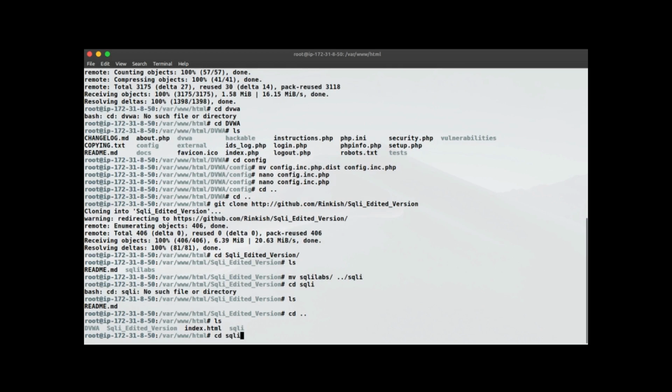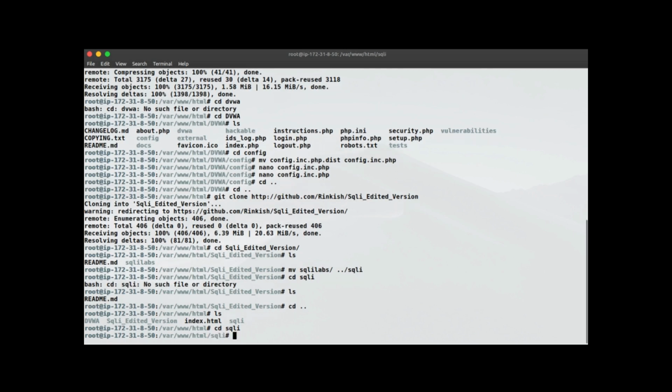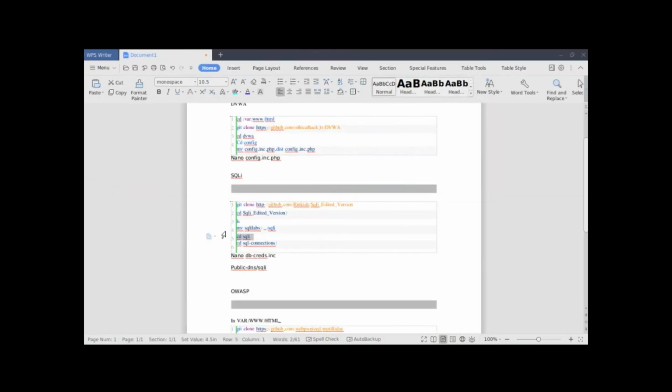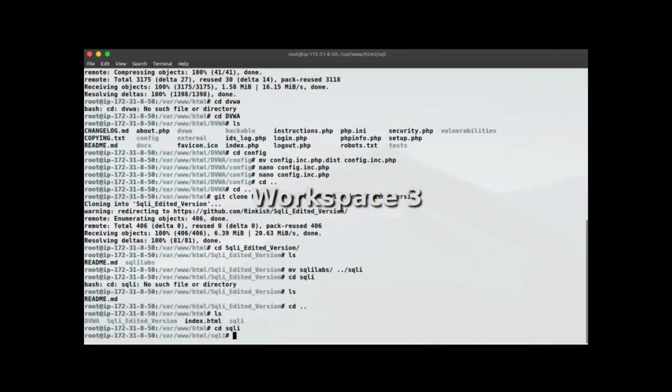So actually, when you do that move, SQLi labs and then SQLi, it puts the SQLi folder one directory above. So you have to exit out, go up one level from that directory, and then you can go in the SQLi directory. So now I'm in the right directory, and then I need to go in one more directory called